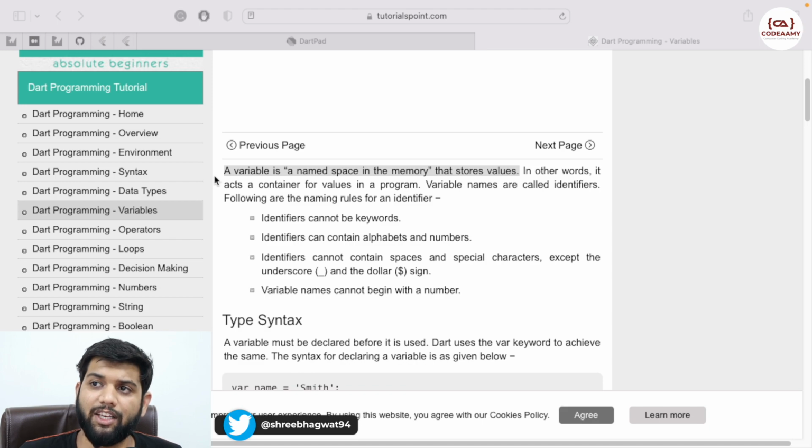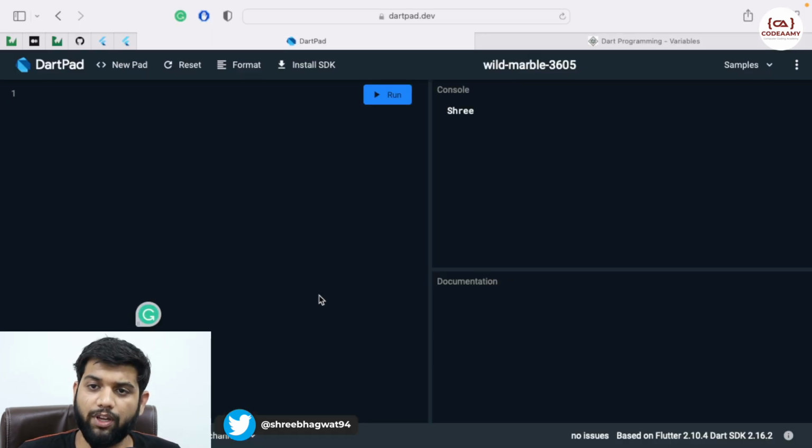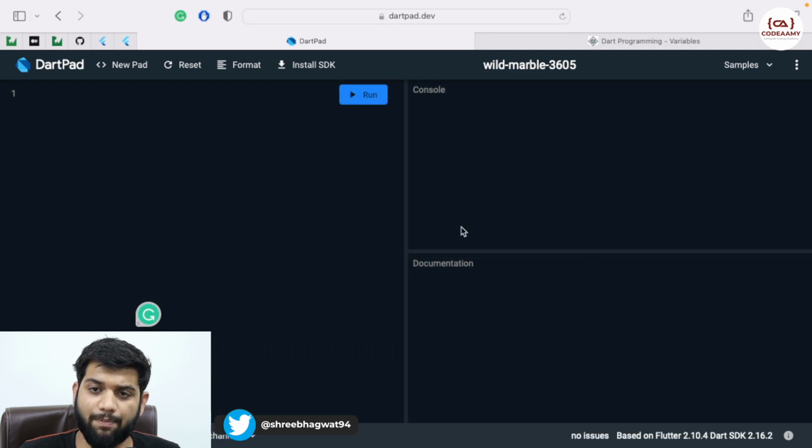And as each and every value has its type, the same type should go with the variable, the data type. Okay, so we will explore that. First, come back to our Dart pad over here and we will start everything. Okay, so this is a Dart pad. In this, I will be teaching you how you can define a variable, create a variable, the different data types of a variable, and how you can use the variable inside our programming language.